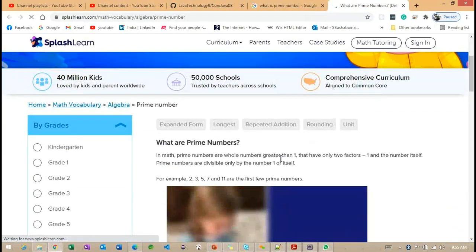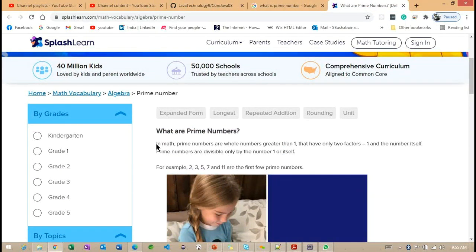So to understand more, let me provide the definition in mathematical terms of what we call a prime number. Prime numbers are whole numbers greater than 1 that have only 2 factors. Prime numbers are divisible only by 1 or itself.